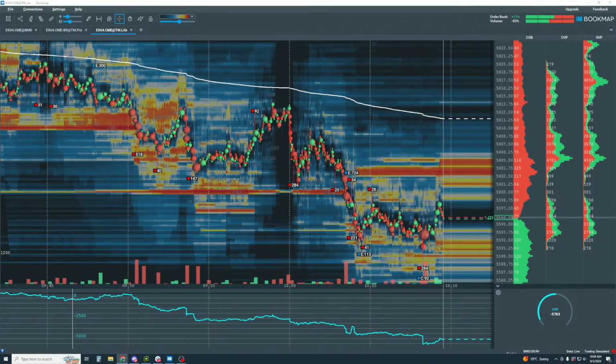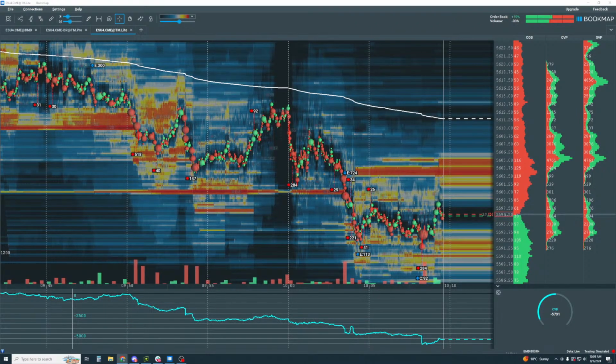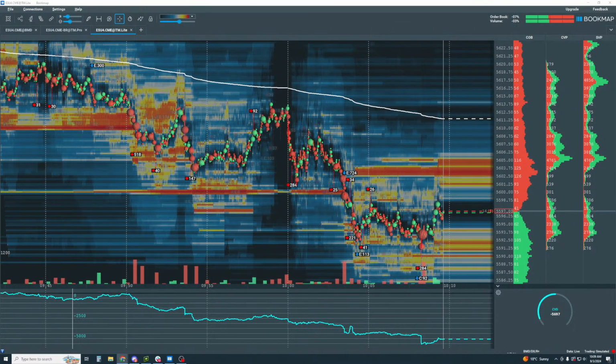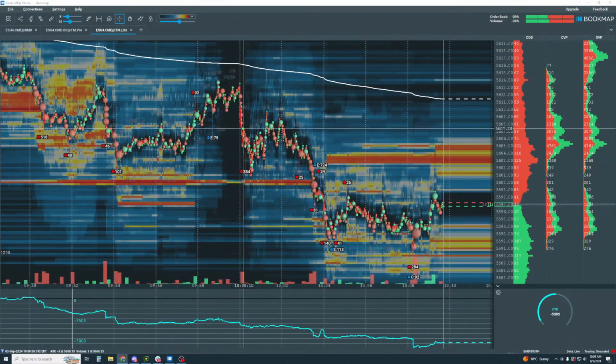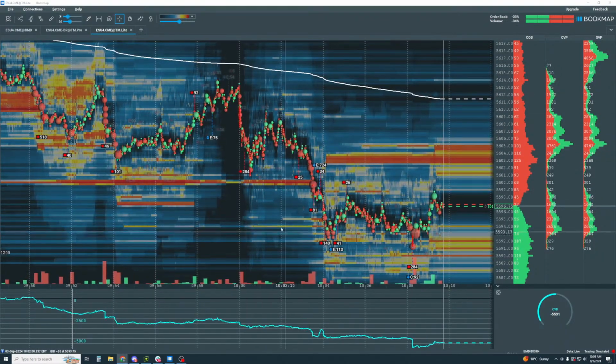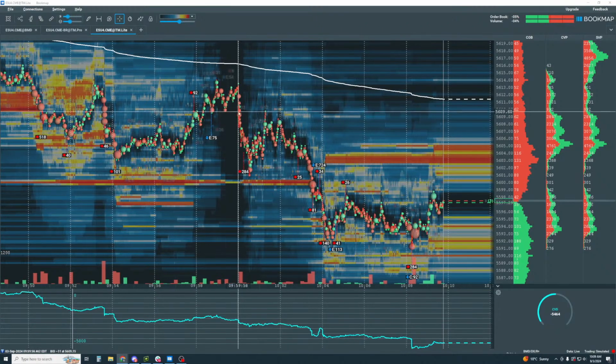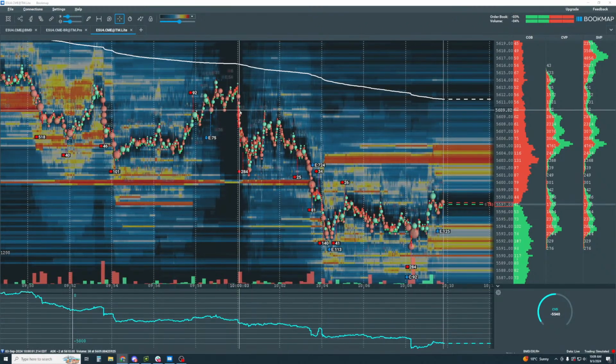We see that there was a little bit of data that came out this morning at 10 a.m. on the ISM manufacturing PMI. You can see how the liquidity dried up in here. We see the move to the downside. Regardless of the number, that is the reaction from the market participants.